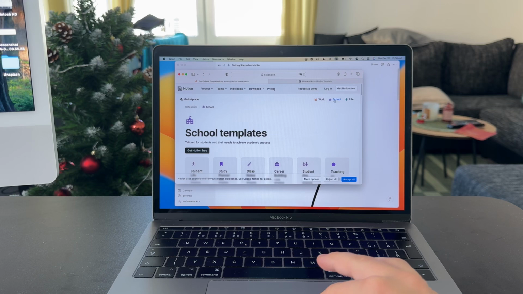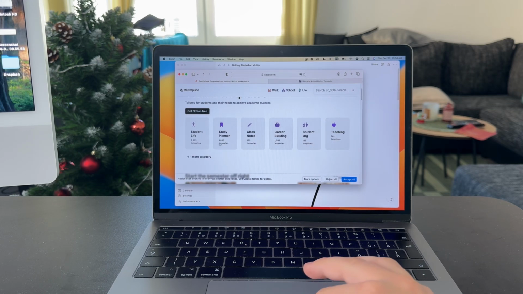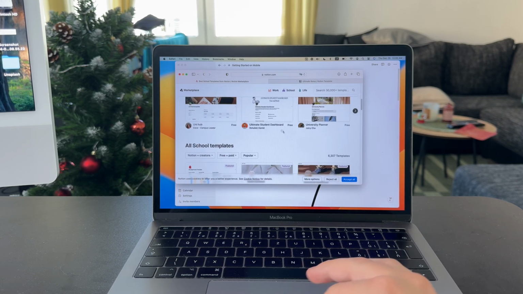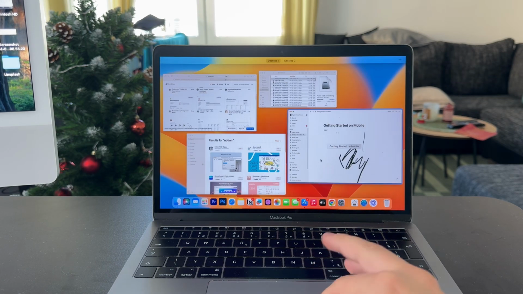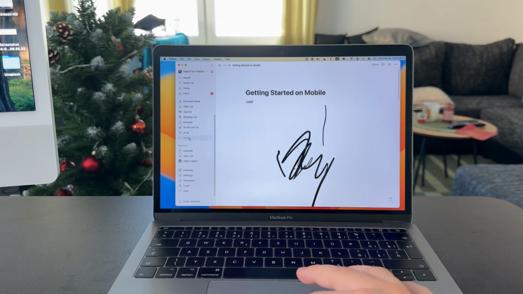You can also just directly go to the school section if you want to. We've got student life, study planners, class notes. You can see many different things, right? So I would 100% recommend you to get a template, which is then going to show up as part of